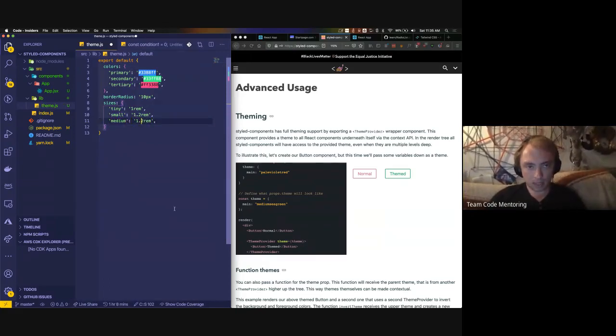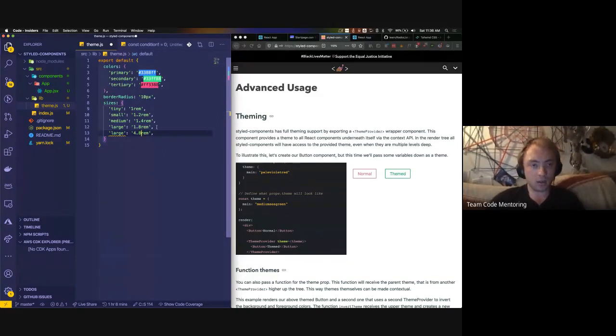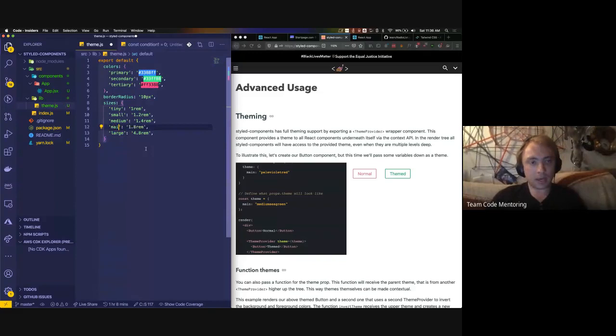Medium might be 1.4. Large 1.8. Realistically, that's probably more font size. Large for me should be around 3.6 or 4.8 for a height. So maybe in main,